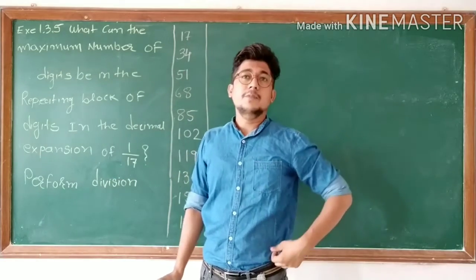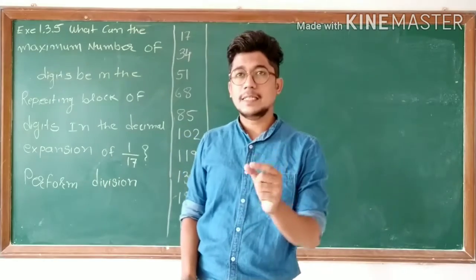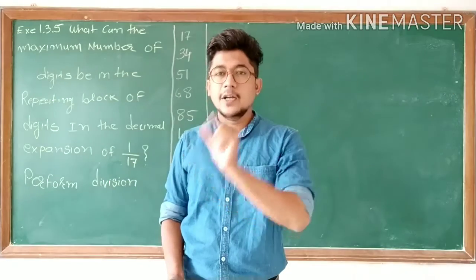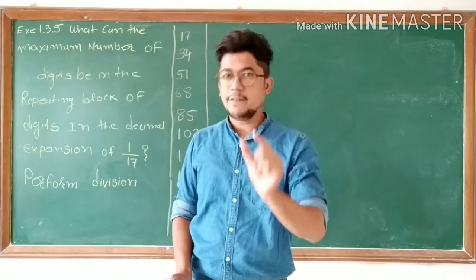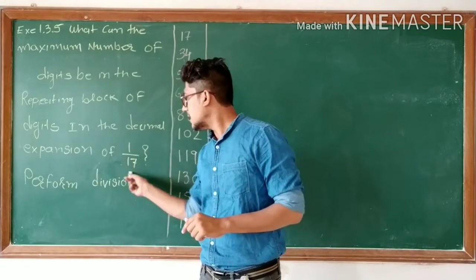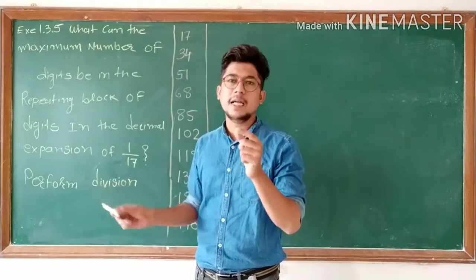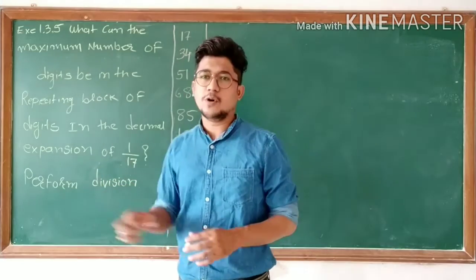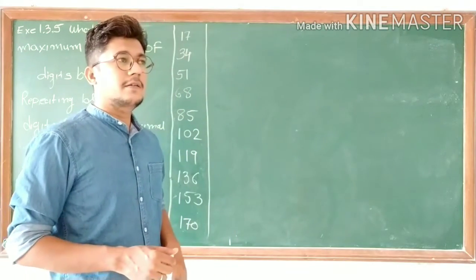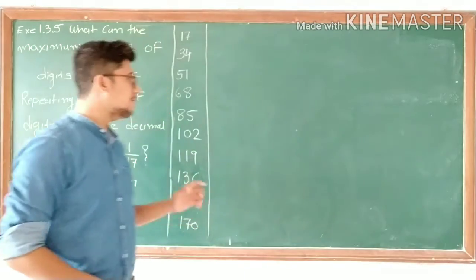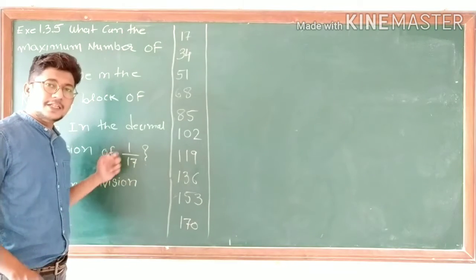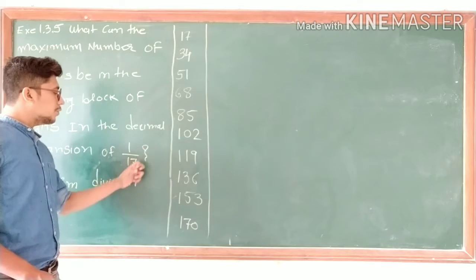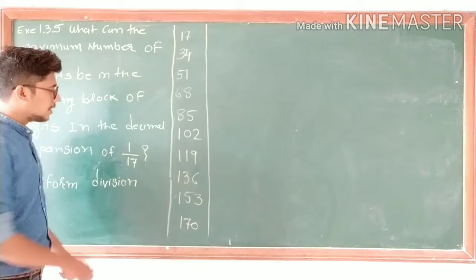Here it is a simple division, but what they are asking is how many digits in the quotient are repeating when you are dividing 1 upon 17. So here, as you can see, 17 is somewhat bigger as compared to the previous problems. Yes or no? Yes. To solve such problems, I do have a trick for you. Whenever you find a denominator which is somewhat larger than expected, what you have to do? Write the table of that denominator.